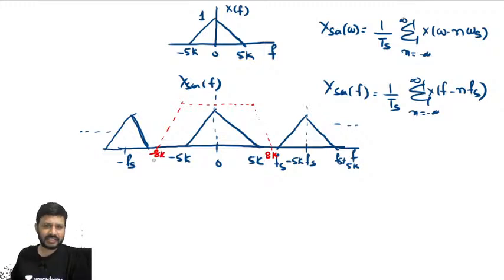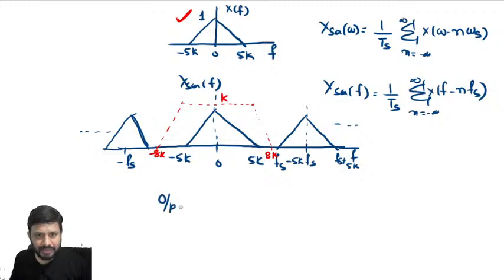For perfect reconstruction, what does it mean? If you pass the signal through this kind of filter, only our original signal must come. No other component of the periodical repetition must come, isn't it? If I pass our original periodical spectrum to this filter, only our original spectrum must appear at the output. Look here, the output must be again this one.